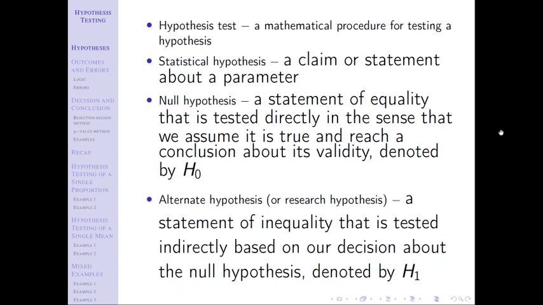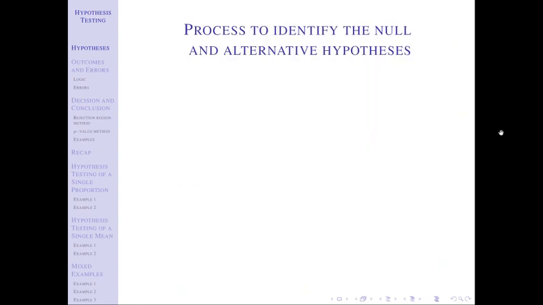Okay, so the way I'm going to explain it, our first step is going to be to write the claim in symbol form. What I mean by that is we're going to start off with some claim that's going to say the majority of people do not support this new proposal we talked about in the initial example. And that's a claim in words, but we've got to write it in symbols.